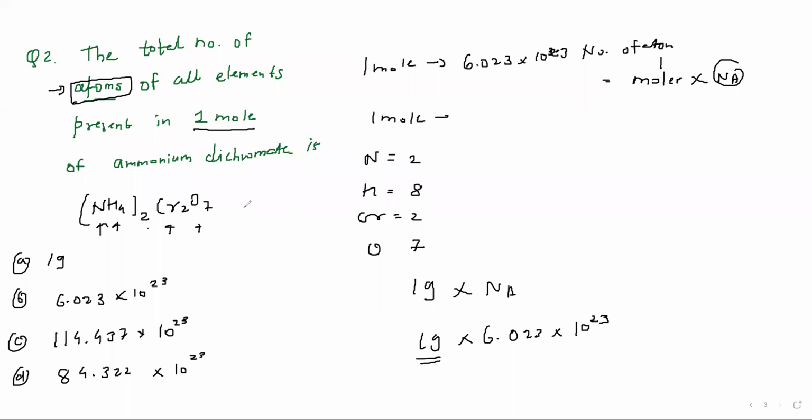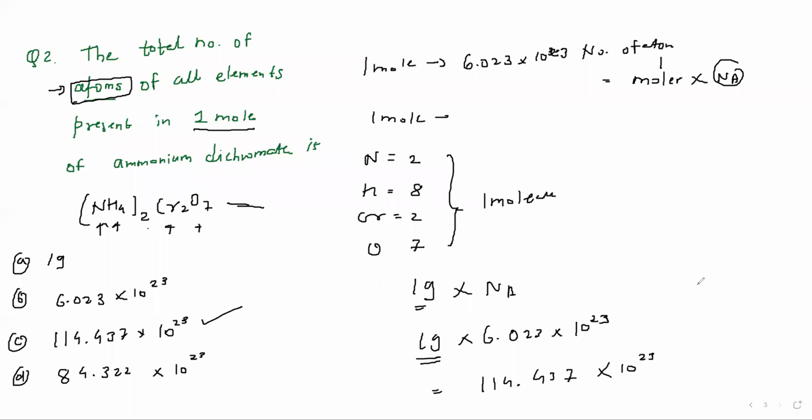How many atoms are there in one molecule? See, in one molecule, how many atoms are there or in one mole? Sir, I think 19. So 19 into 6.023. So what is the answer? Tell me. 114.437 into 10 raised to 23. You got it? Yes, sir. Yes. So if they ask for atoms, you have to count all the atoms. If they ask for only molecules, then I simply write the answer, the option.